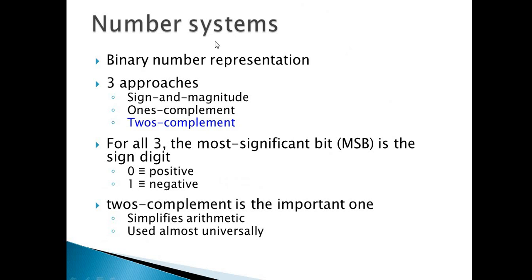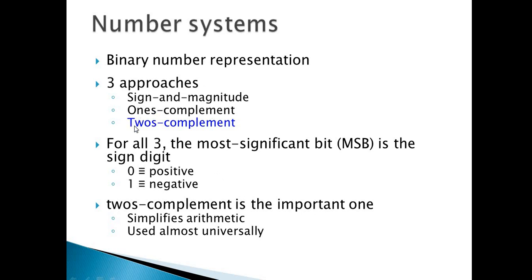Then a number can be represented in 3 formats: sign and magnitude format, ones complement format, and two's complement format. In sign and magnitude format, the first digit represents the sign and the next digits represent its magnitude. To indicate sign, if the most significant bit is 0, it indicates that the number is positive. If the most significant bit is 1, it indicates that the number is negative. In ones complement format, the same conventions are used for the sign, but the magnitude is represented in the ones complement format. Ones complement is nothing but zeros are replaced by 1 and ones are replaced by 0.